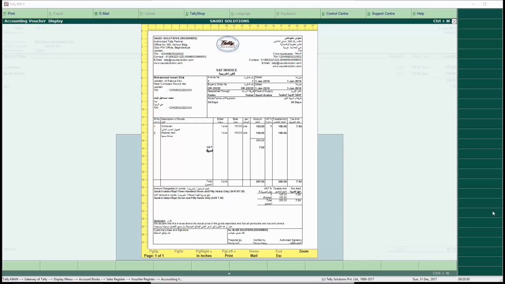In this short video, I'm going to demonstrate how we can design an invoice in Tally as you see on the screen right now. This is the default bilingual invoice as available in the latest release of Tally ERP9, release 6.3 onwards. And this is also exactly the method or the format as required by the GAZT, General Authority of Zakat and